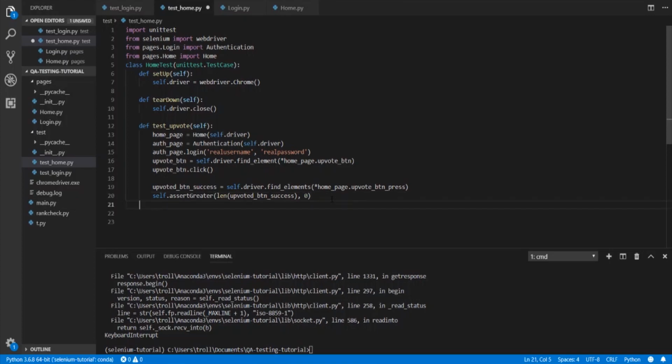Now let's move on to our test post loading. This will be a little bit simpler since we don't have to mix and match stuff. We don't need to be logged in to check if our post loaded, so we can just do home page equals Home and pass in our driver, and then we just do home page dot post loaded,